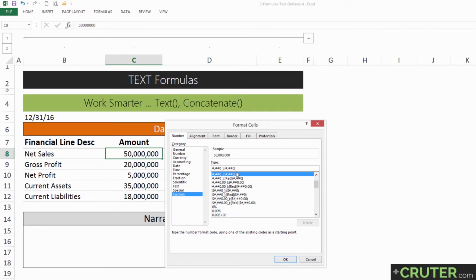Notice that there's no decimals. Had there been a decimal here, let's put in a decimal, 0.00, you can see that this just updated to 0.00. If we put a dollar sign in front of this, the dollar sign appears here. If we put a space, there's a space. So this is how you can customize the format within the text